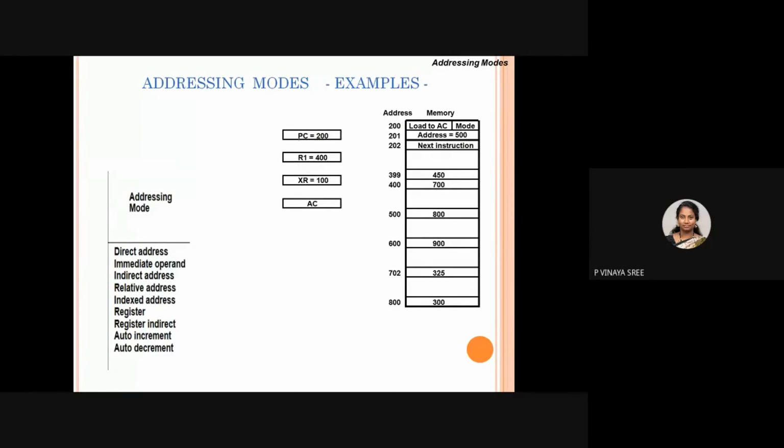So here it is mentioned the program counter as 200, general register R1 as 400, this is your index register XR as 100, and the accumulator. It is asking to find the accumulator contents. Okay. First, if it is direct addressing, tell me the effective address and tell me the contents of the accumulator. Fast. If it is direct address,